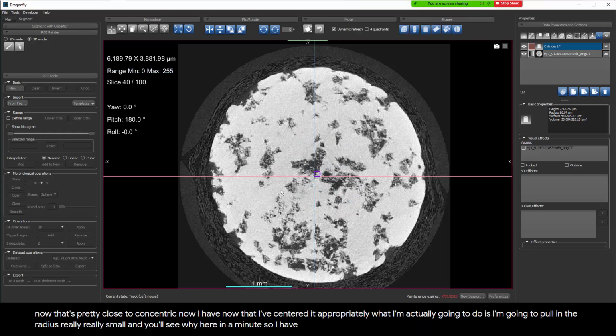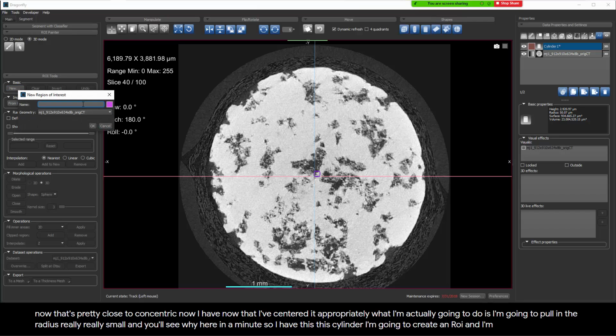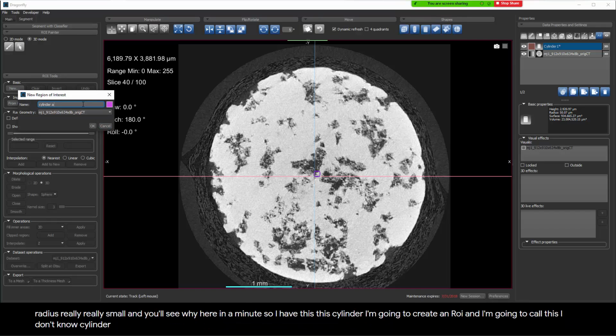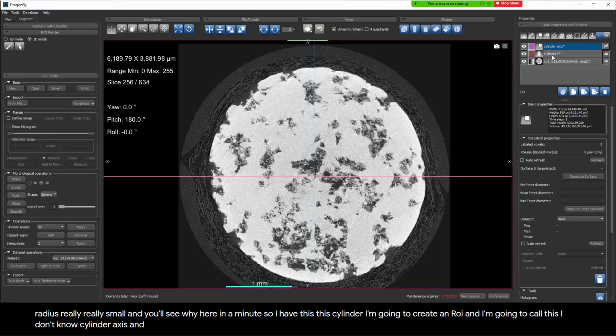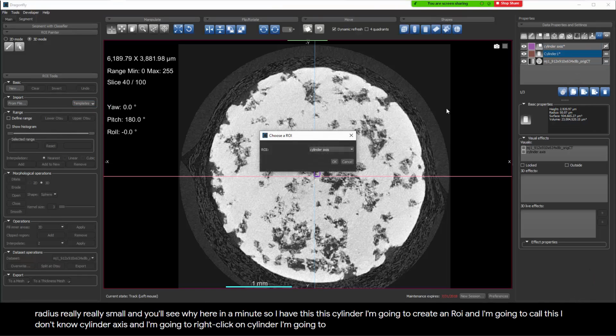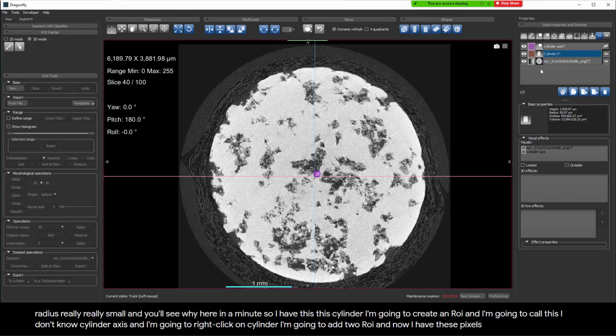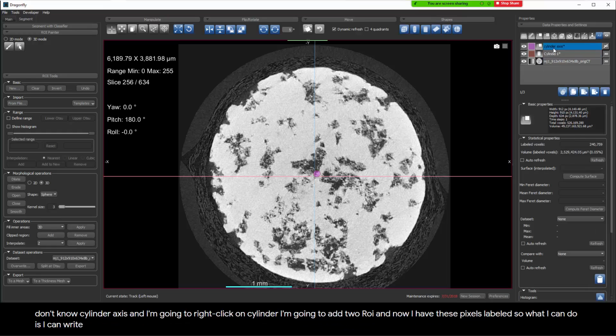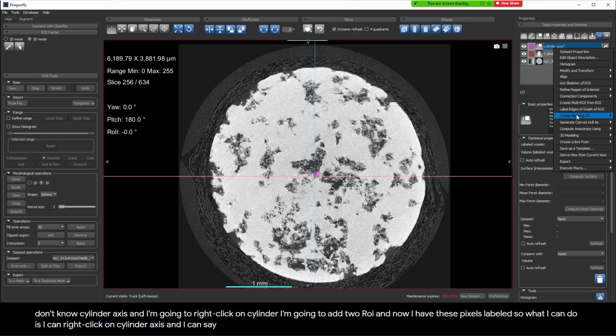So I have this cylinder. I'm going to create an ROI, and I'm going to call this, I don't know, cylinder axis. And I'm going to right-click on cylinder, add to ROI, and now I have these pixels labeled. So what I can do is right-click on cylinder axis, and say create mapping of a